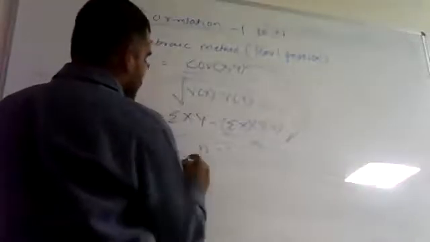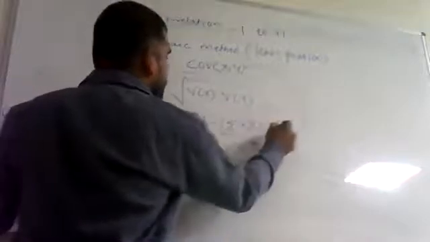This is the formula for covariance of xy, divided by variance of x, which is summation of x square minus summation of x bracket square divided by n, whole divided by n minus 1. And